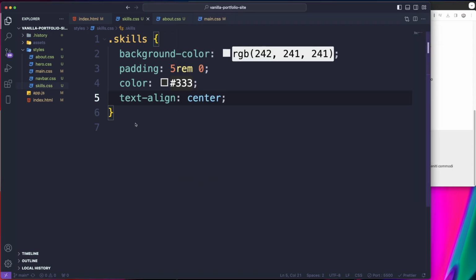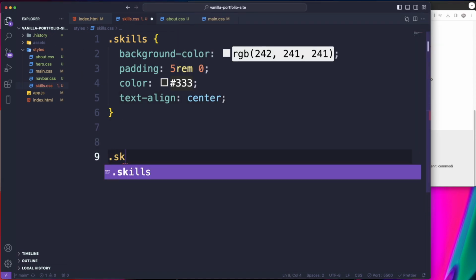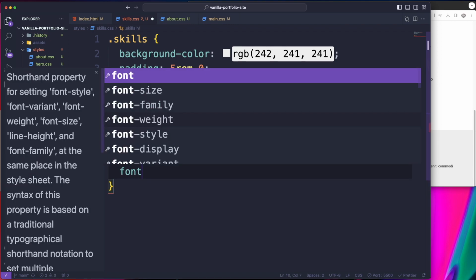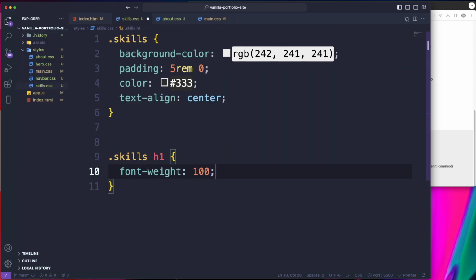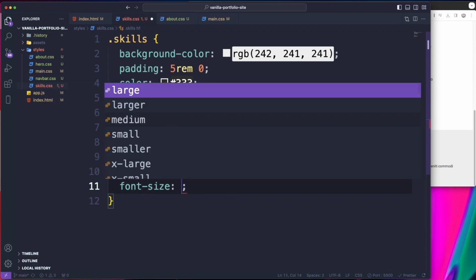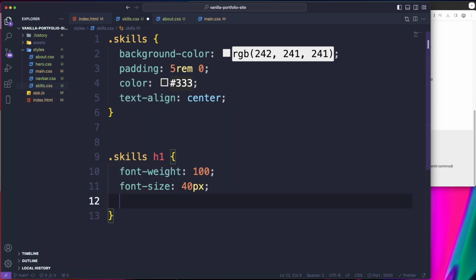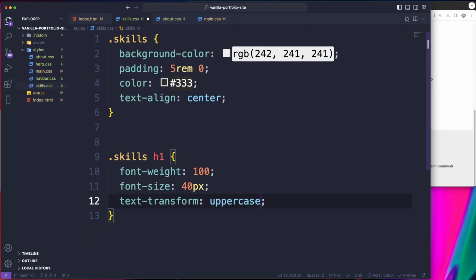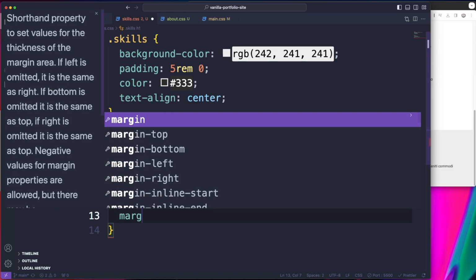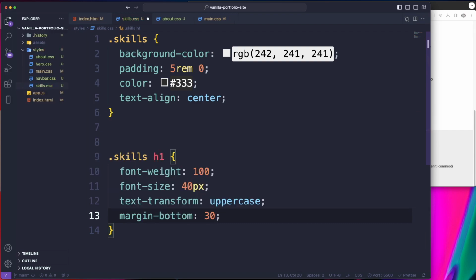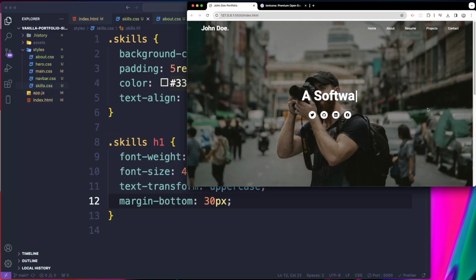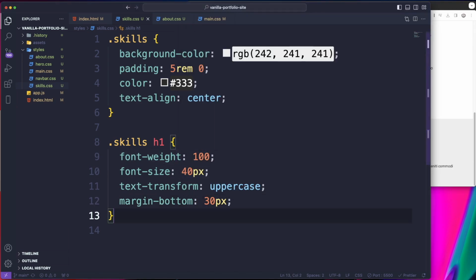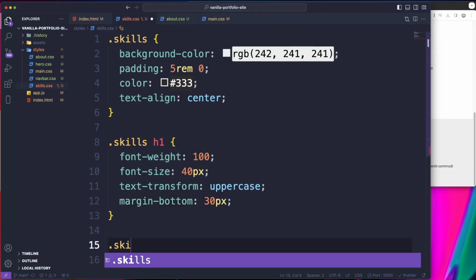Perfect. Now it's going to grab our h1.skills, h1, a font weight of 100, font size of 40 pixels, a text transform, uppercase, and also a margin bottom of 30 pixels. Nice. Alright, so under H1, we're gonna grab our skill grid,